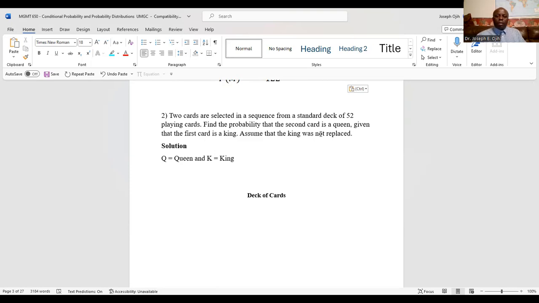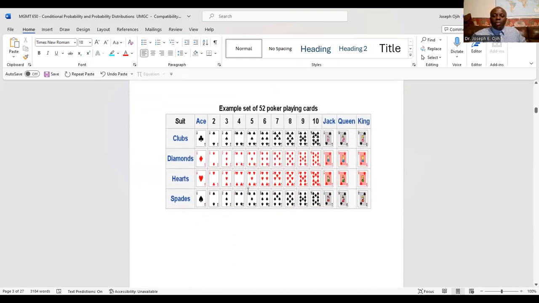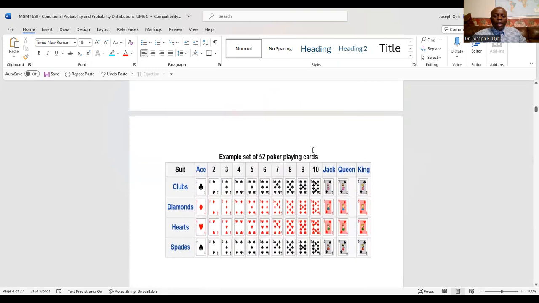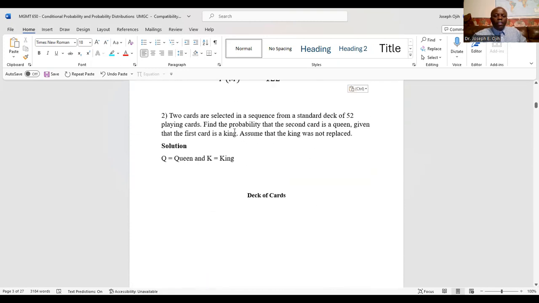Anyway, for classical probability, we determine the probability of events by using the sample spaces. Sample spaces mean all the possible outcomes of any probability experiment. For example, for the deck of cards, this is the sample space right here, 52 cards of different suits. Now, for king, it says find the probability that the second card,